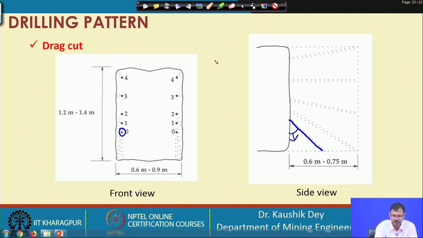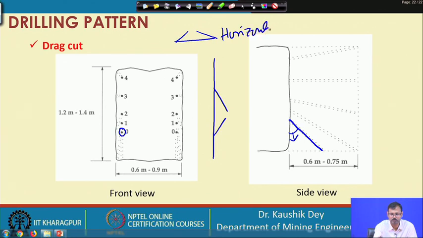So, that means in pyramid cut we have noticed this, this was the pyramid cut. This was the wedge cut, horizontal wedge. In pyramid cut there was a horizontal wedge as well as a vertical wedge. So, this is the horizontal wedge, this is the vertical wedge, and if you are looking at this,